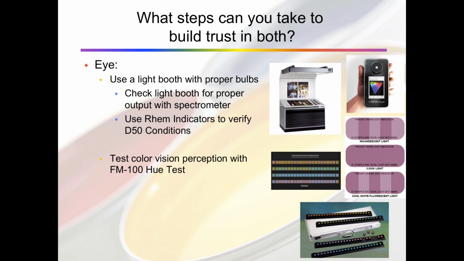You can also take a color vision test with an FM100 hue test. This test is available in a couple different ways. It's available as tiles in a physical chipset, as you see in the lower right-hand corner, or it's available online on the web off of X-Rite's webpage. Here's the website address, and I'll leave this up for a couple moments. The address is www.xrite.com/online-color-test-challenge. And I'll leave that up here for a couple moments so that you can write that down.